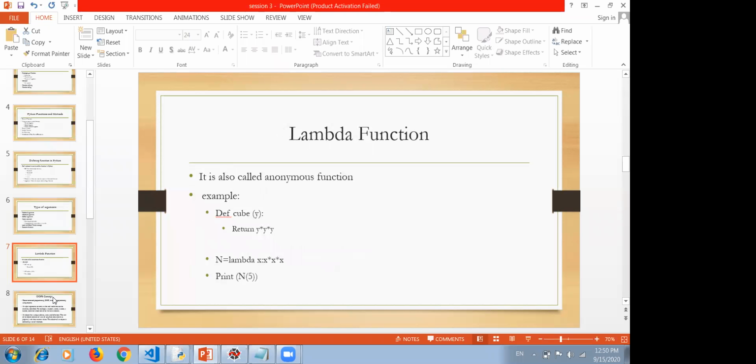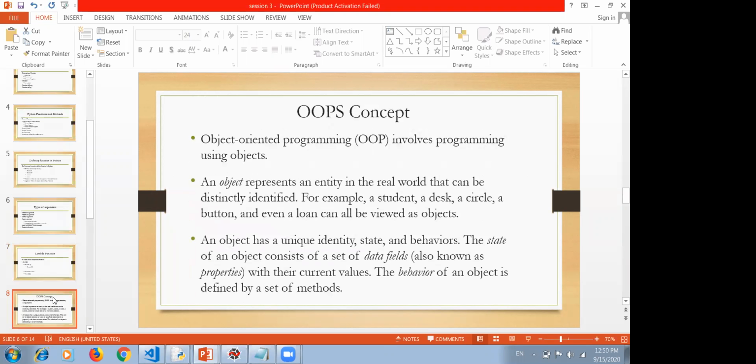So after this, we will discuss the next level concept regarding the OOPS concept, or some basic idea of classes. Because you are a mathematics student, there is no need to go into detail, but you should be clear about some basic concepts: what is a class, what is an object, and how to create a class in Python.